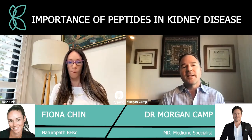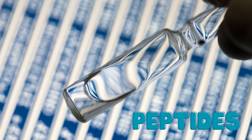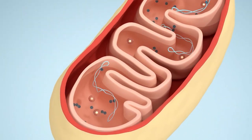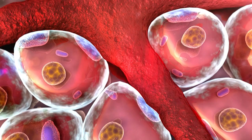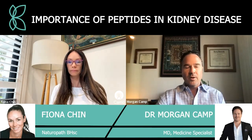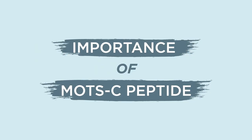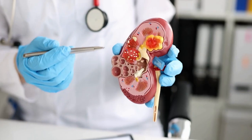Right. So MOTS-C is a mitochondrial derived peptide, meaning it's created in the mitochondria. It does go outside the mitochondria and works on other cells. That's in contrast to SS-31, which we'll talk about in a minute, which only works inside the mitochondria. MOTS-C, why is it important for diabetes and kidney disease around diabetes? Because